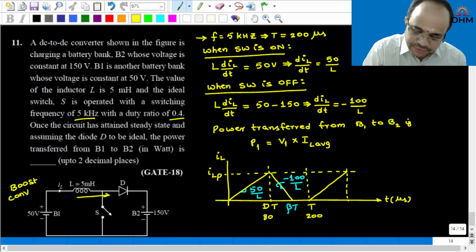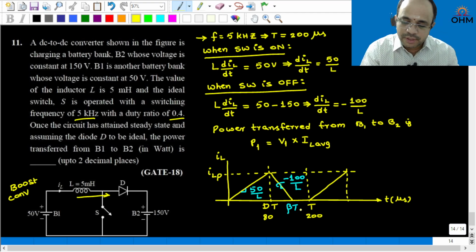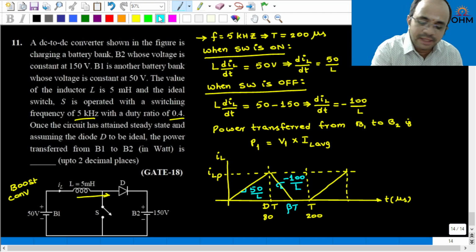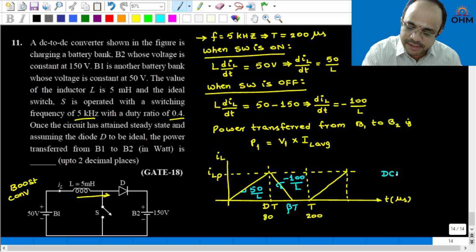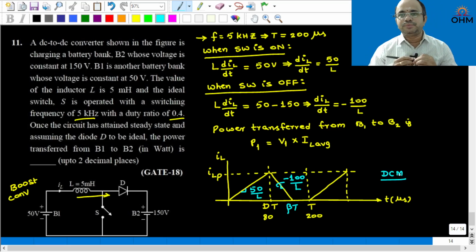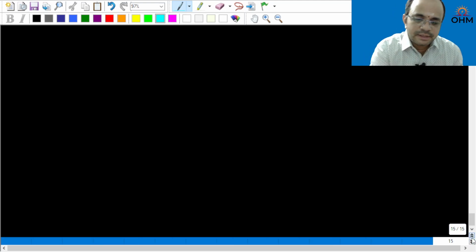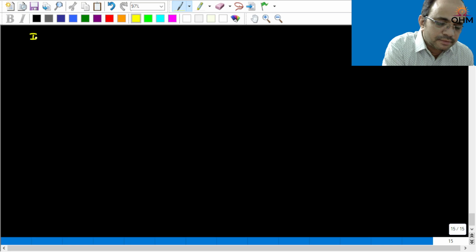Now, from this waveform, you need to calculate two data points. One is the peak value of the inductor current, another is this beta t. This particular waveform is clearly telling you that the inductor current is in discontinuous conduction mode. DCM operation means discontinuous conduction mode. In DCM